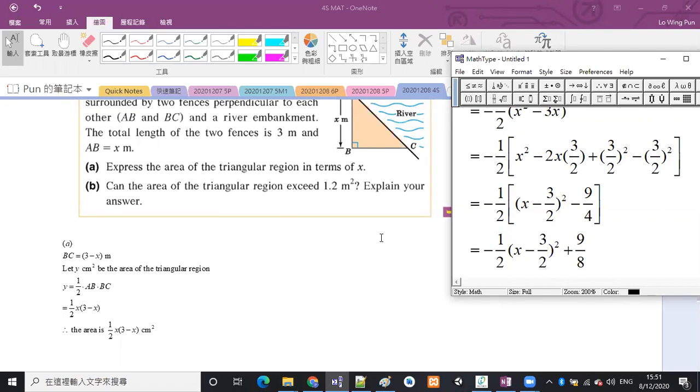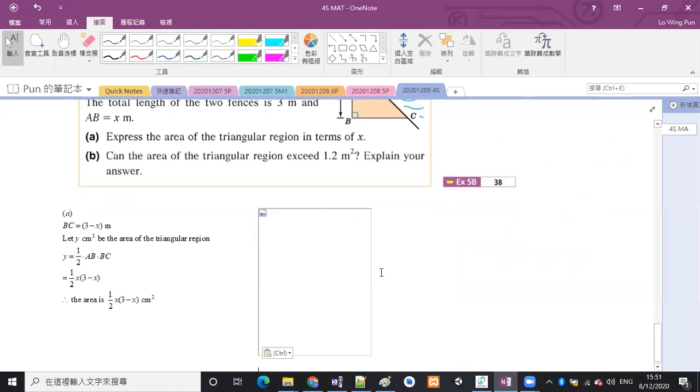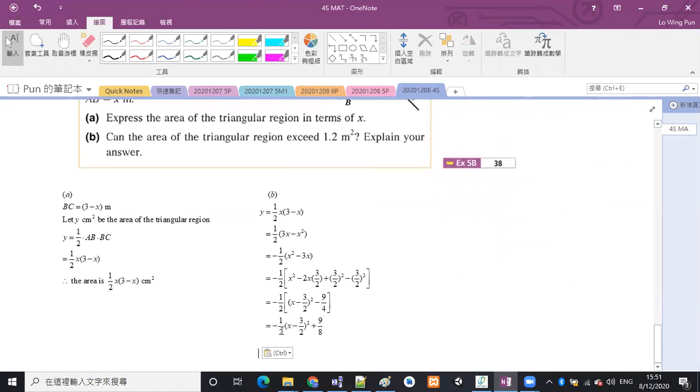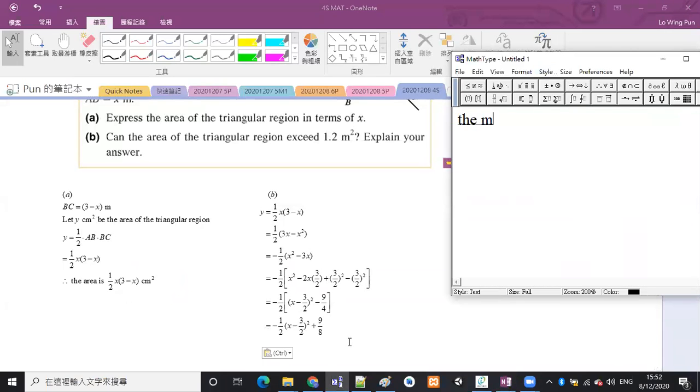Okay, so after doing the method of completing square, we know that y, the area of this region, is a quadratic function where a is negative, which means that it opens up downwards. Okay, then we have a maximum point. Maximum area is 9 over 8. 最大係9/8，即係1.125，係嘛？1.125 meter square。